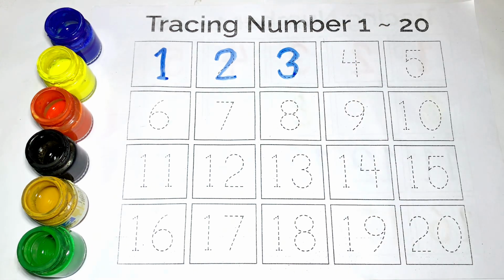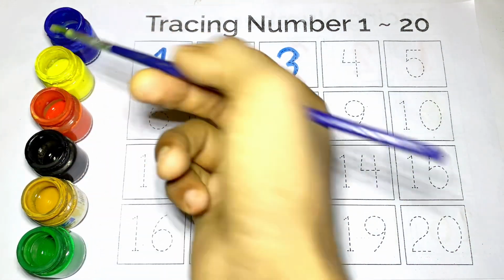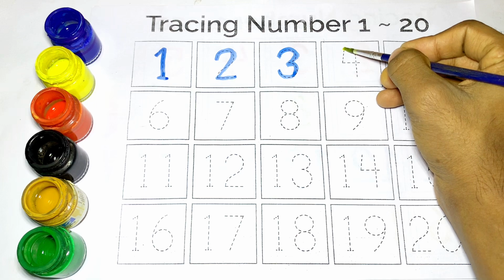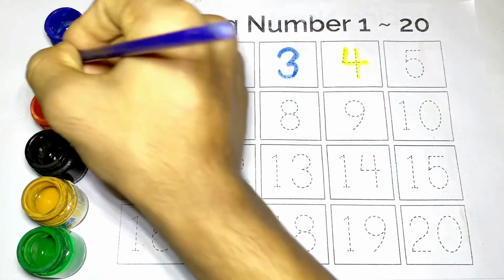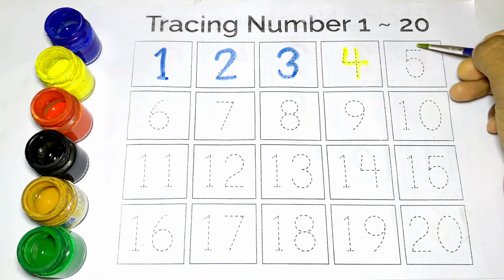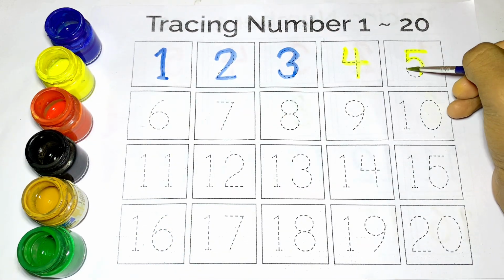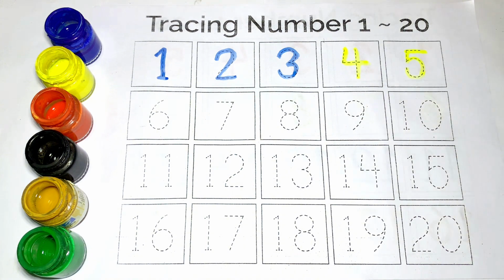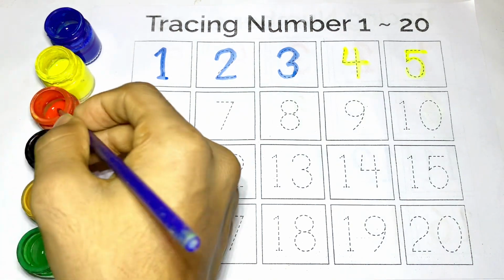T-H-R-E-E, 3. Kids, now draw 4, the numbers of 4, and use yellow color, F-O-U-R, 4. Kids, now draw 5, F-I-V-E, 5. Kids, now draw 6, the numbers of 6, and use red color,